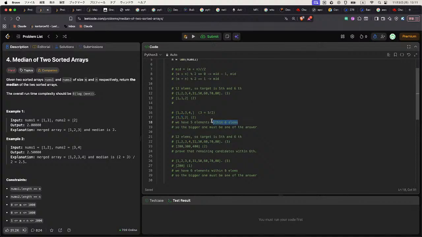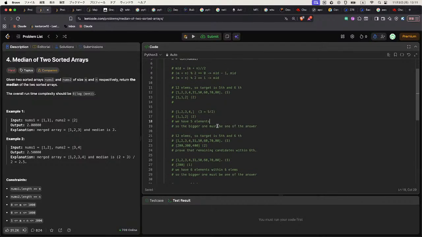We cannot specify the range because we have... so prove that